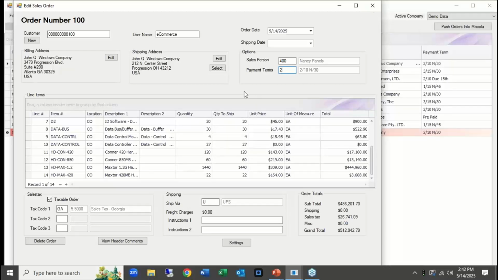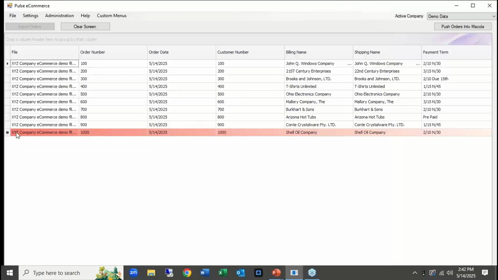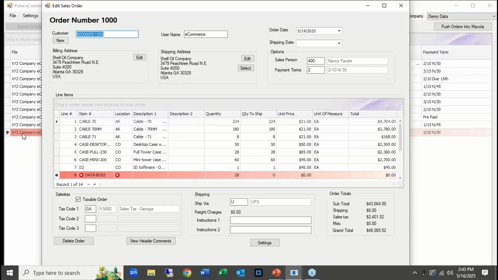So you're probably curious, what's the deal with this red one down here? I purposely created an error in this one order so that you can see what happens if there's a problem. I'm going to click on this order, and down here, if I hover over it, it says no item number can be found. That's called data bus,